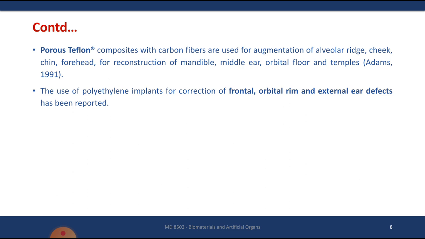When we say orbital rim, it is the eye socket, so that's what they call the eye orbit. So that area they can modify, because somebody will have very big eyes, and that eye socket will make the eyes look bigger. So sometimes they will inject some polymeric material in the eyelids to make the eye look small, and they will inject these materials in the eye socket to make the eye socket flat and not very deep inside the face. All those things people do for plastic surgery and all these cosmetic surgeries.